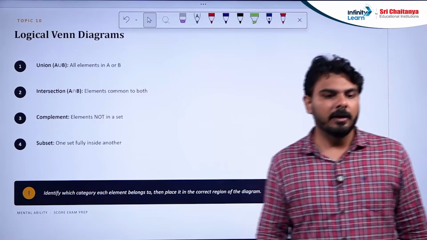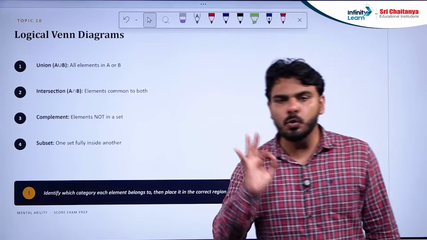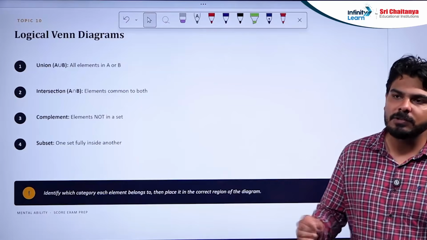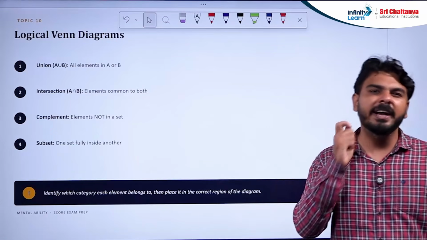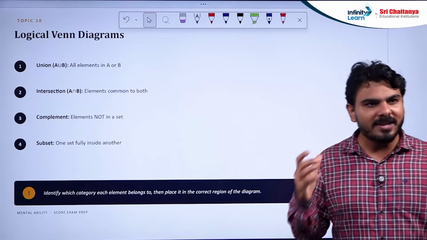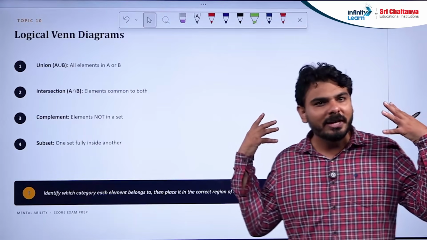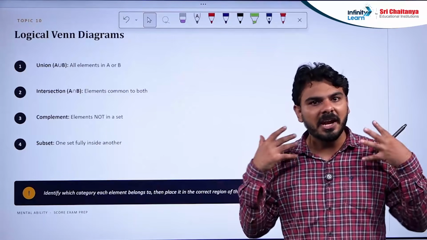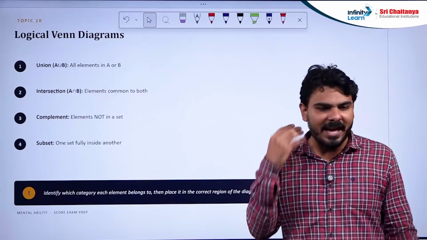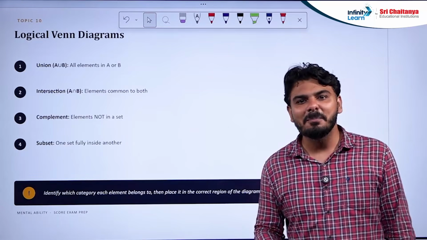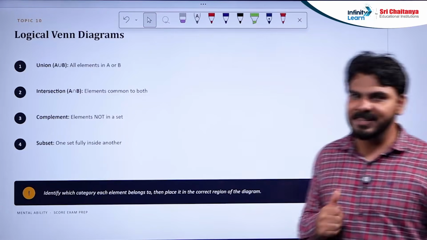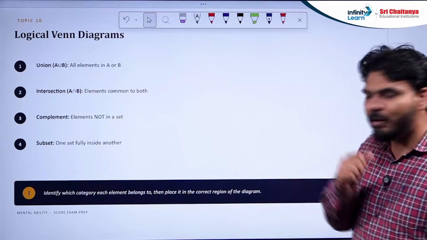class now, there are always 2 to 3 students in every class that always tell me, sir, please give me one Venn diagram question. My students are so engrossed in this topic that they just want me to give a question of Venn diagram again and again and again. They just find this a very exciting topic. Okay, because many students make mistakes in these kinds of topics. Okay, let me give you an example.